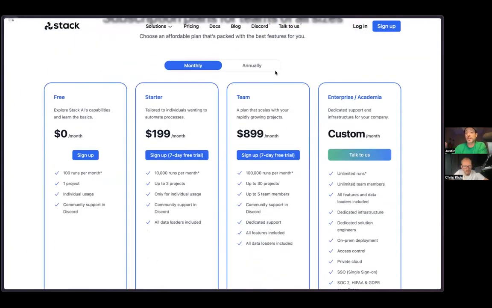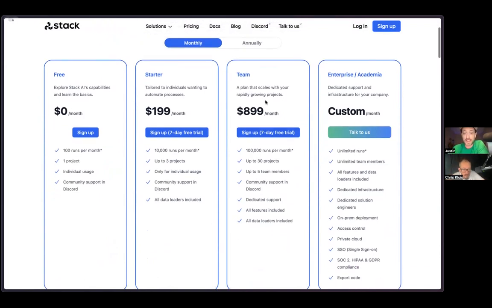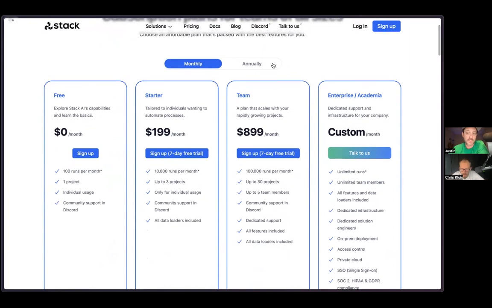Okay, so you want to talk about getting more expensive. You want to talk about value-based pricing, right? I mean, the team plan is $900 a month. This is not drop in the bucket cheap software. No, but 100,000 runs. I mean, if this replaces an entire developer, then this is dirt cheap,